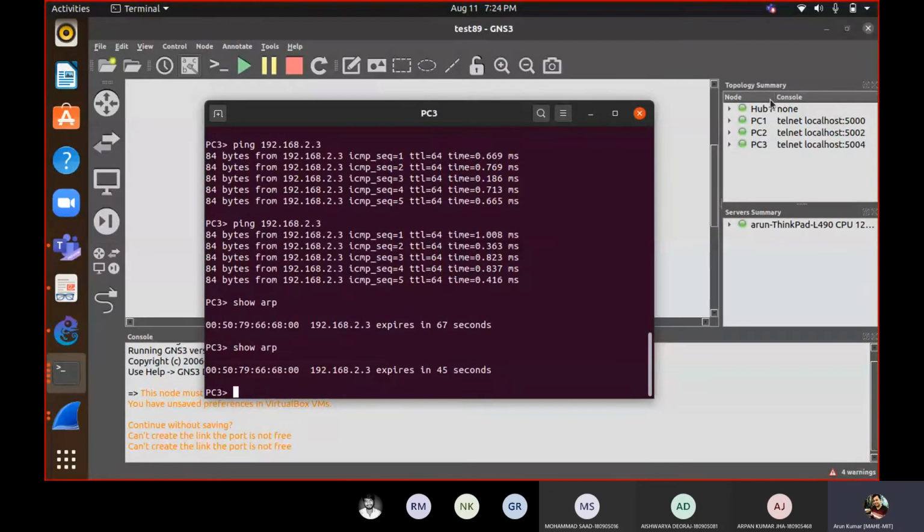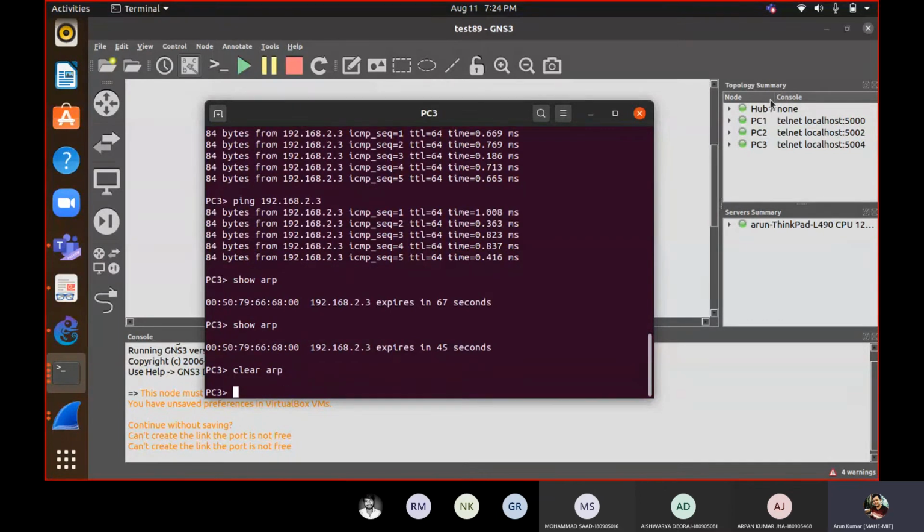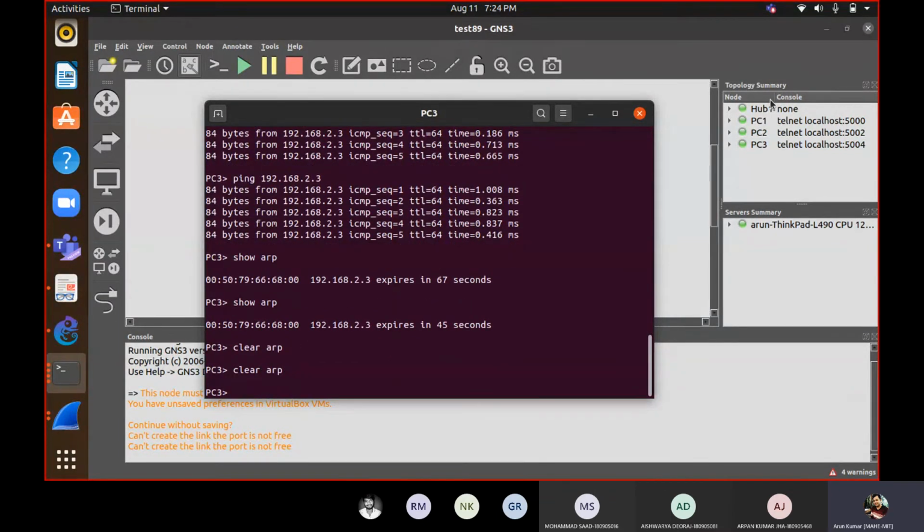But suppose I clear it explicitly, clear ARP, then if I ping, because it doesn't have this entry, it will request and then the response will come, and everything you can listen to on this wire. That is the drawback of hub.